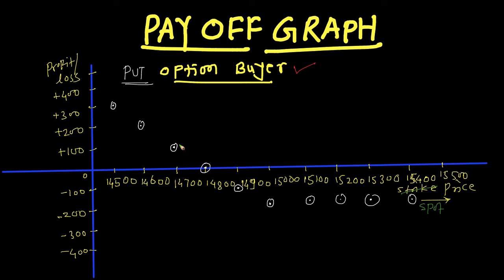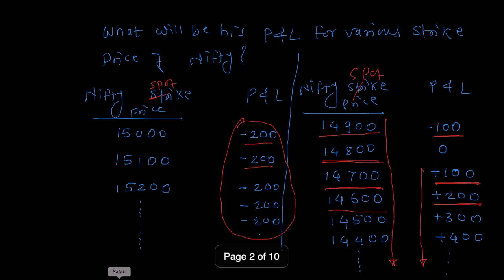We have seen for a put option buyer, let's say we are talking about the Nifty 15,000 put option. The buyer has bought the 15,000 put option. So what will be his profit and loss at various spot prices? Let me show you quickly. If 15,000 is the spot price, his net loss will be 200, because at 15,000 he